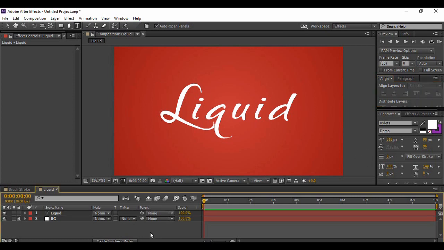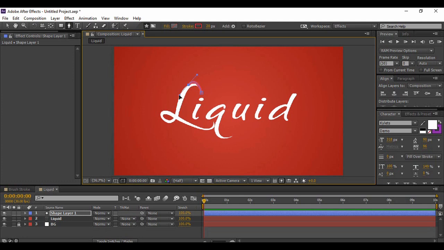Now once you are happy with your text, the next thing that you are going to do is grab onto your pen tool and make sure that none of your layers are selected. Select a stroke width of around 20 pixels, and don't worry, we can change it anytime afterwards. Now you have to trace each one of your characters individually. So follow the steps that I am following